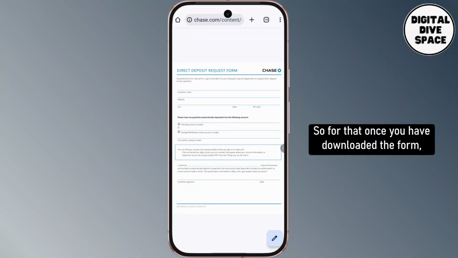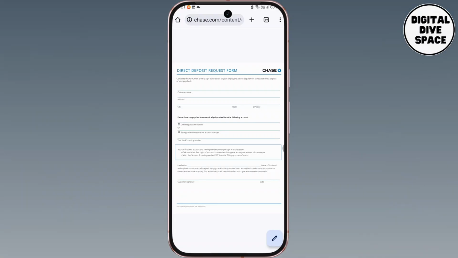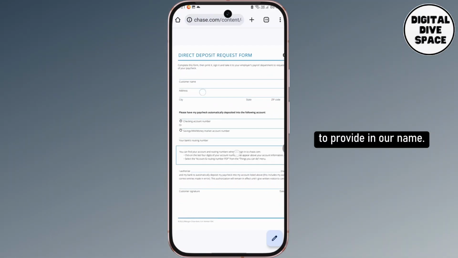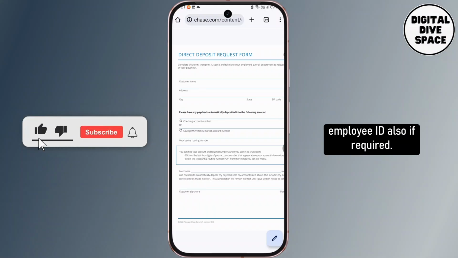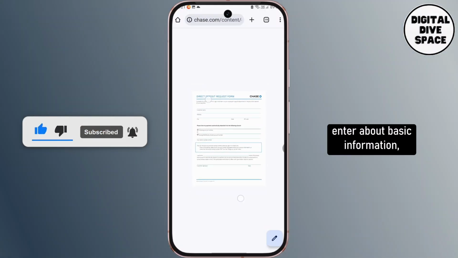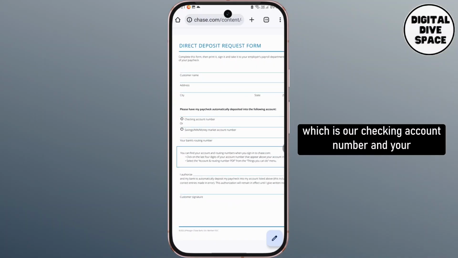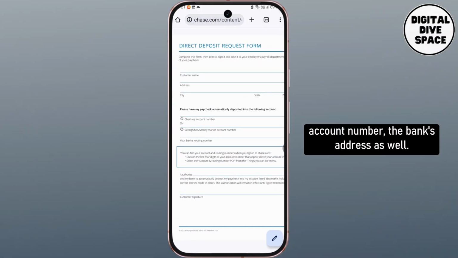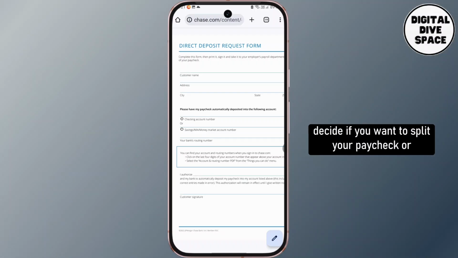So for that, once you have downloaded the form, what you can do is you can just go over and fill in your info. So first of all, we need to provide in our name. Just go and provide it up. Even our address or employee ID also, if required, just go over and do so. And we need to enter our basic information, which is our checking account number and your account number, the bank's address as well. So provide it up here in this form,